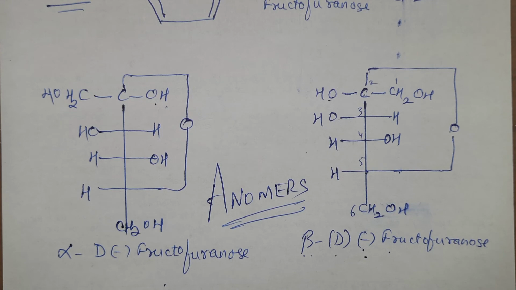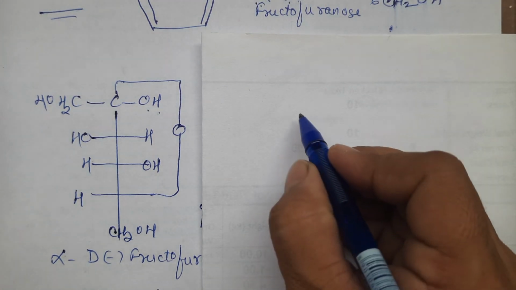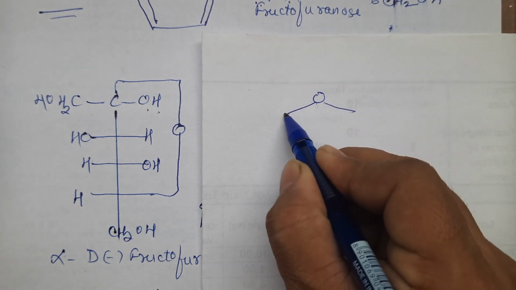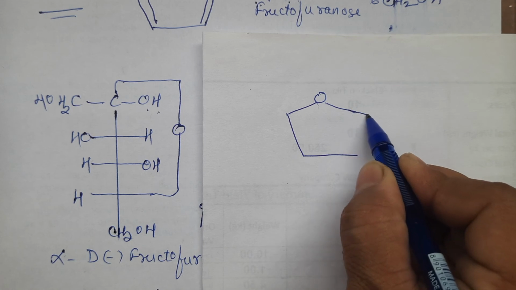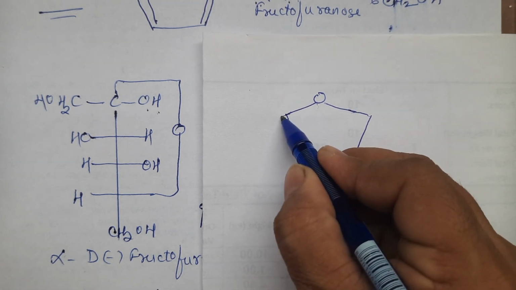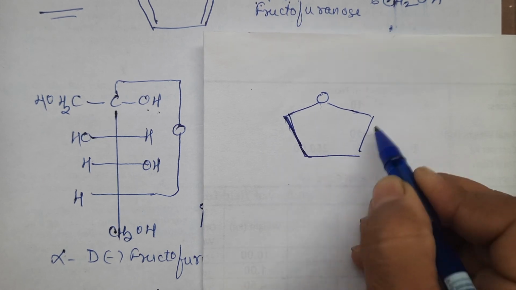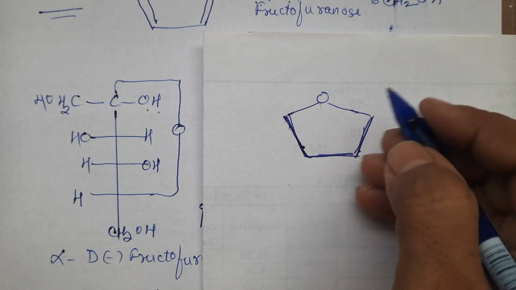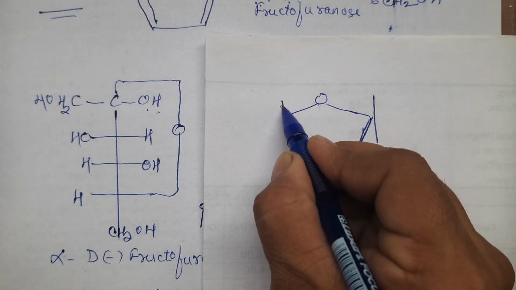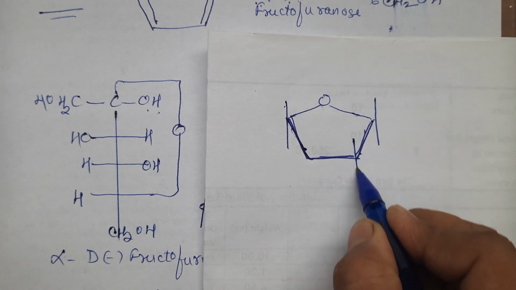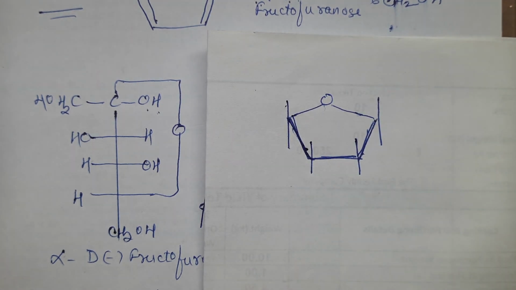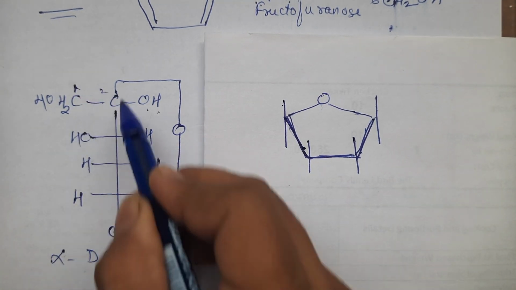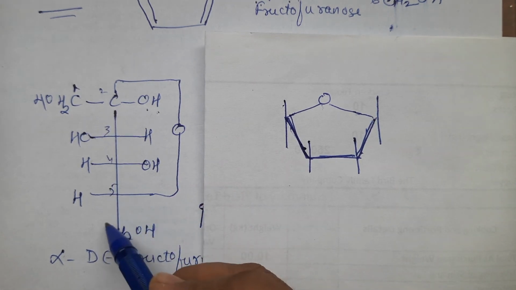Now we will draw the Haworth structure. I have to show it beside it only. So you will make oxygen on the top. You are going to show these atoms down. You can make the bottom side slightly darkened, because that part is facing us, the upper part is away from us. That is one way of showing. So on all these you are going to show these lines, right? And you will number from the right hand side always. This was first carbon atom, second carbon atom, third, fourth, fifth and sixth.